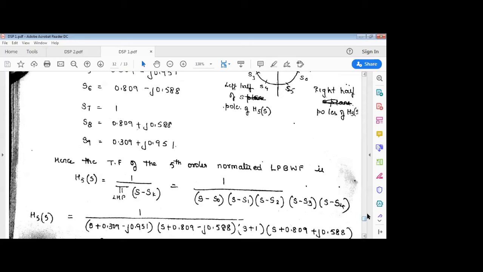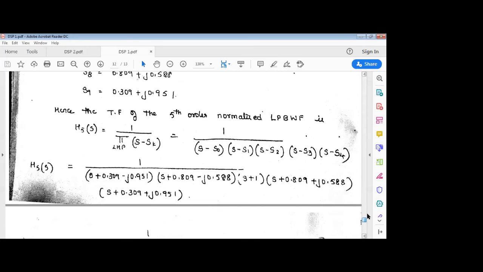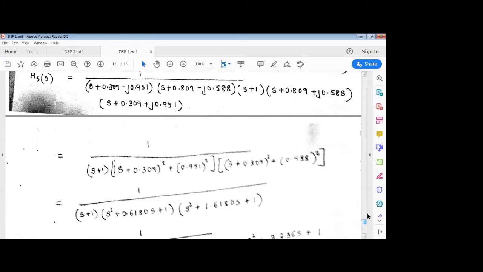which is equal to 1 over the poles which are lying in the left half of the plane, that is substituting S minus S_K, that is 1 over (S minus S0)(S minus S1)(S minus S2)(S minus S3) and (S minus S4). Substituting all those values, I'll be getting a transfer function H5 of S. After simplification, we'll be getting the transfer function as